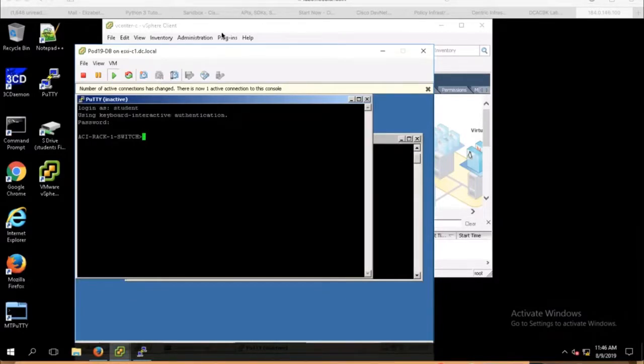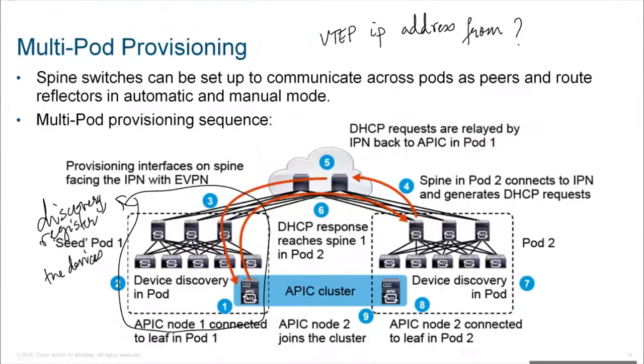So in this diagram, we presume the left-hand side APIC is set up and has its DHCP range configured. Now when I need to initialize this side, these spines turn on and they need an address. So who are they going to send it to? The first connecting device, your router